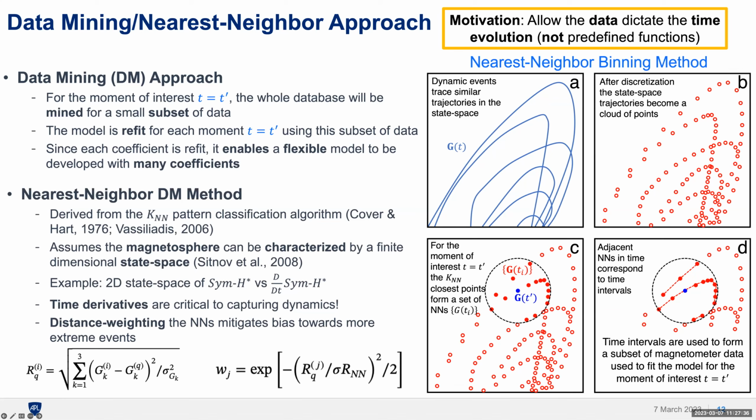So another important thing we've been doing recently is we distance weight our magnetic field records based off of the proximity to the moment of time we're interested in. So the moment of time we're interested in always gets the largest weights when the fit is applied. So in a way that kind of mimics data assimilation, because the moments from the particular event get the highest contribution to the fit.